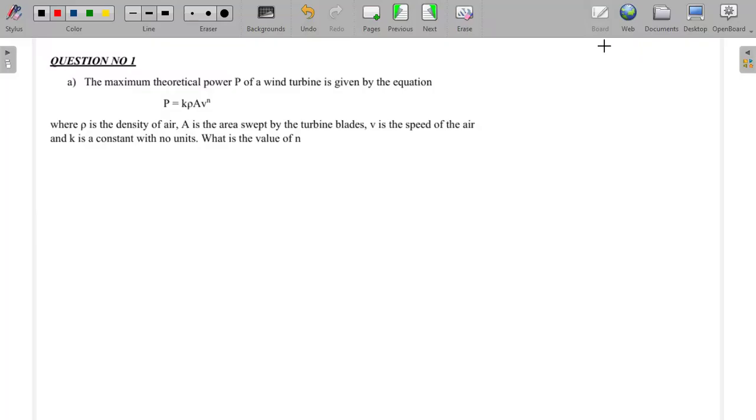Right, so let's look at this 2025 exam paper. That's for January intake, and this is section B. So I have question 1, which is saying, part A, the maximum theoretical power of a wind turbine is given